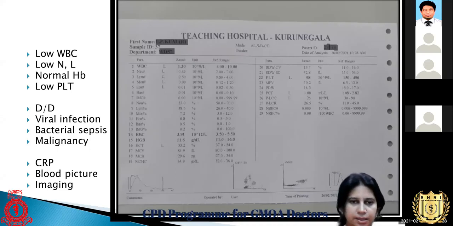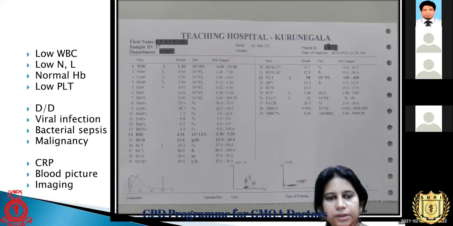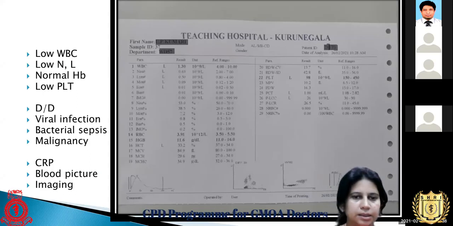I hope you can see this. I'll just read out the figures. WBC 1300, neutrophils 690, and lymphocytes also low. All the cell lines are low, with leukopenia and neutropenia. Hemoglobin normal and platelets normal. MPV 10.2, so you assume that the actual platelet count is more than this.